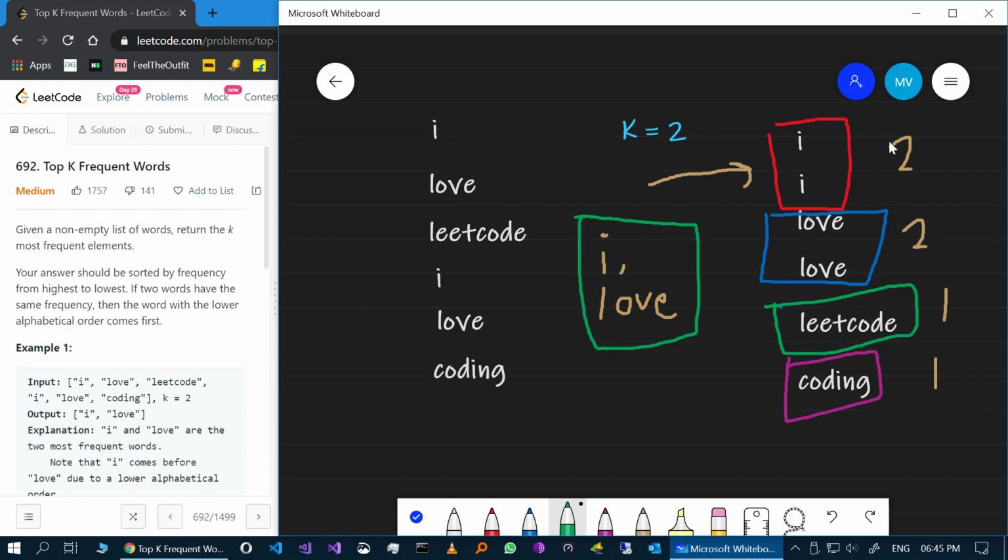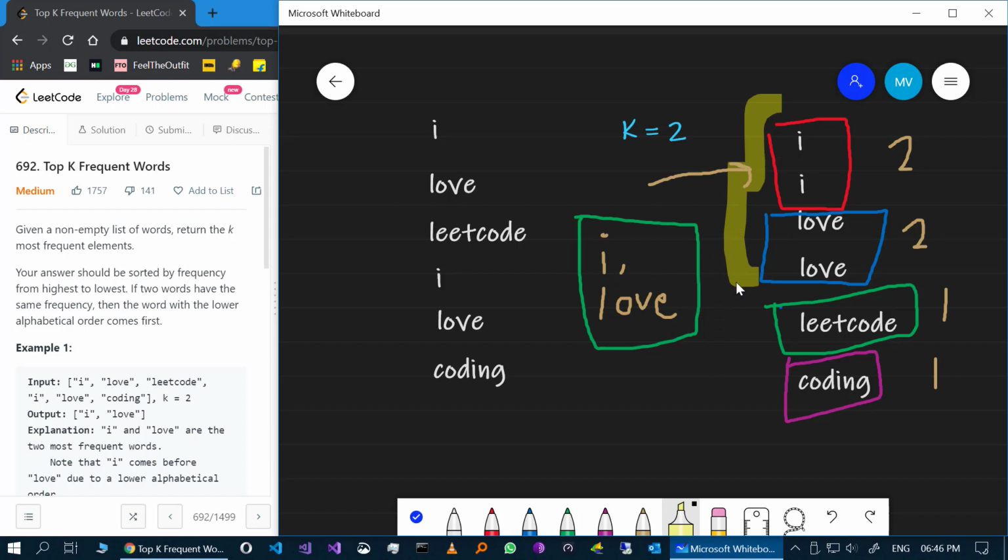And if the words have the same frequency, which is actually happening in these two groups, then they should be ordered alphabetically, which we have already done. So "I" is on top and "love" is on the bottom.